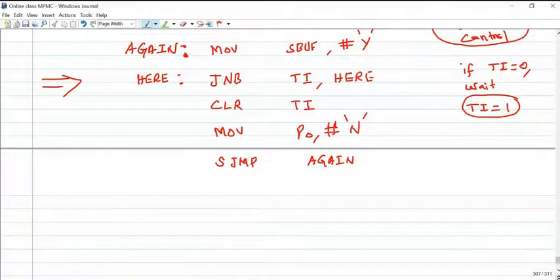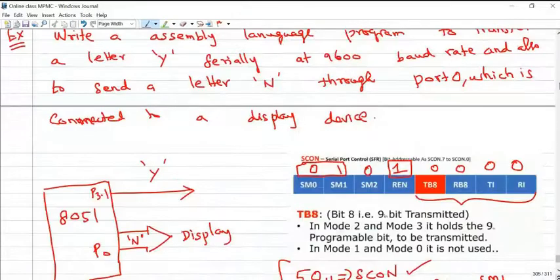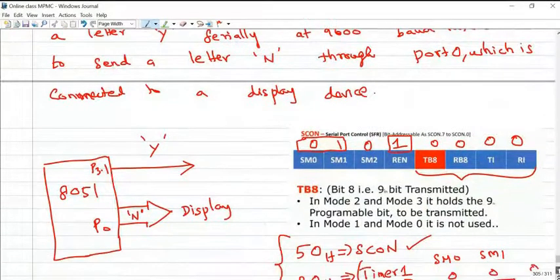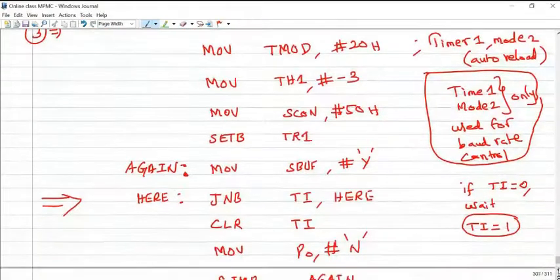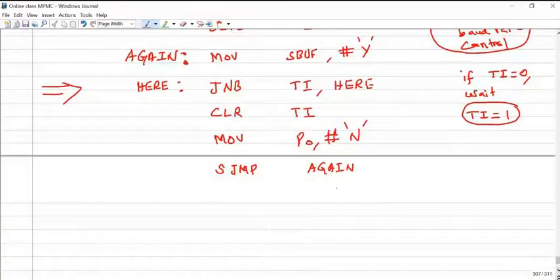And one more statement is given in the problem: send a capital letter N through port 0. This is not serial communication, so simply MOV P0, #'N'. That's it. If you want to repeat the same procedure, jump to the particular location.